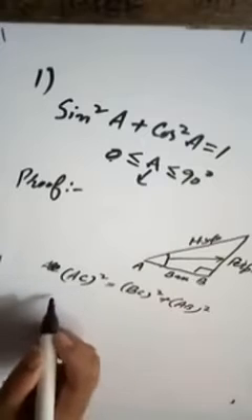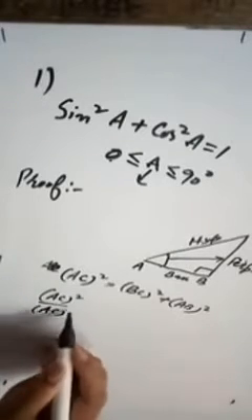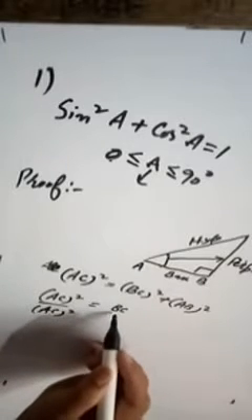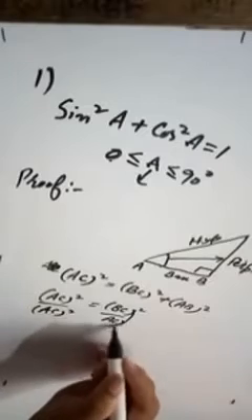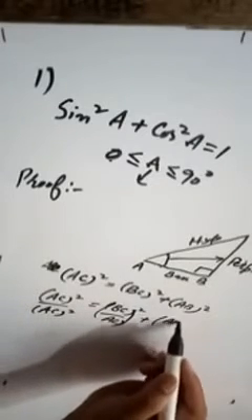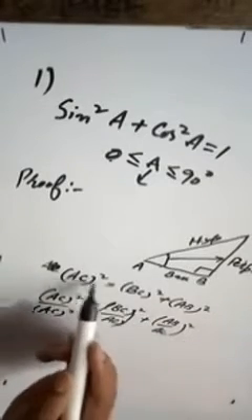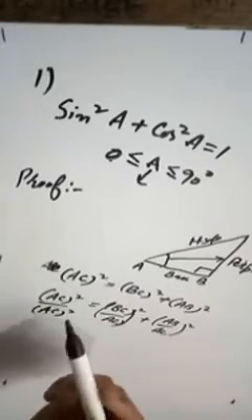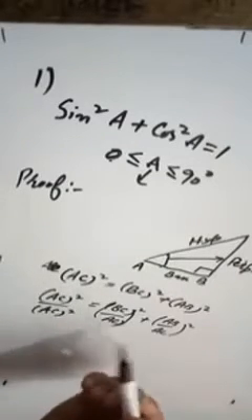So dividing by AC square, what I get is AC square upon AC square is equal to BC square upon AC square. You can simply write the whole square here, plus AB upon AC whole square. So I have divided this equation throughout by AC square. Why divide by AC square? In order to get 1 here, it was AC square, so we have to divide AC square by AC square, so that we can get 1.